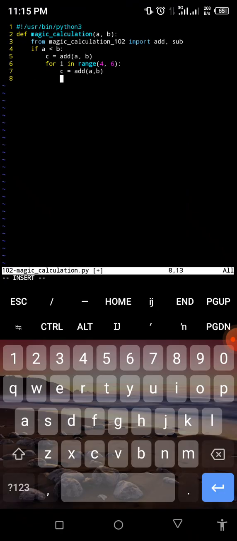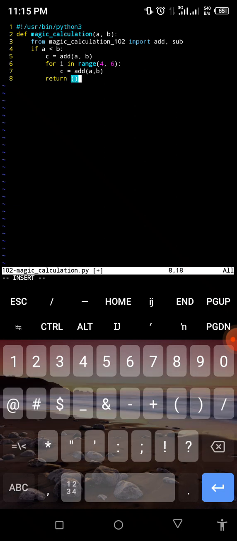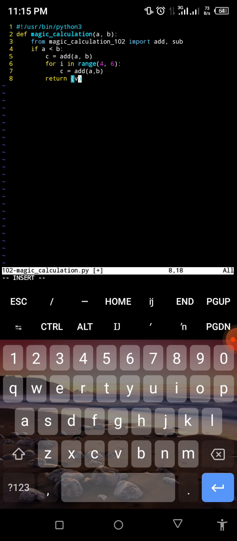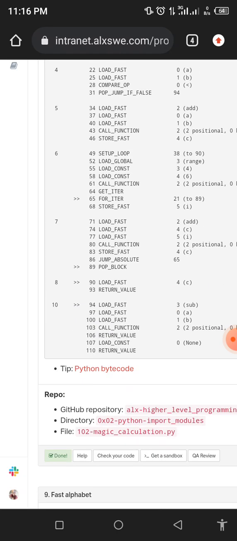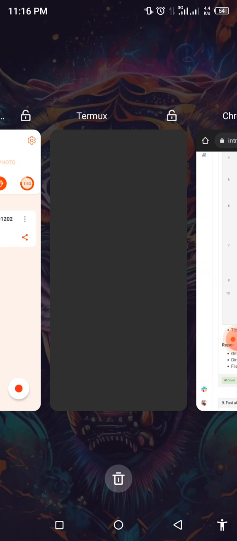So I'm going to go back, return the value of C. So now that we have returned, on line 10, that's line 9,